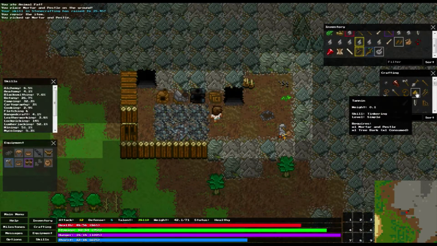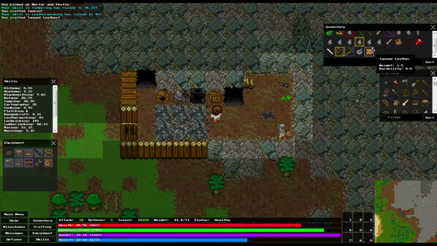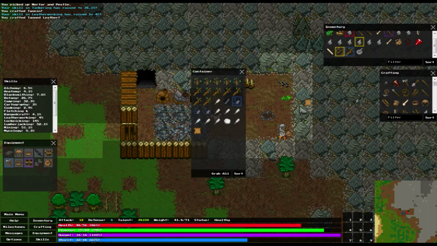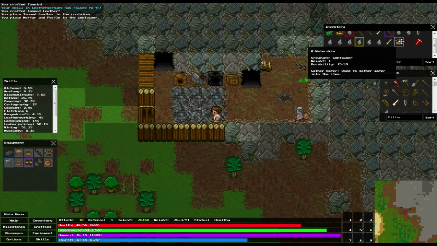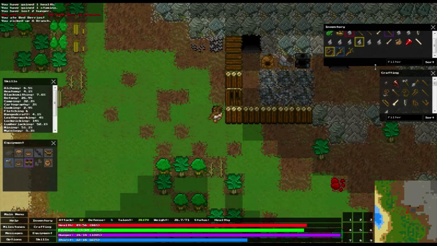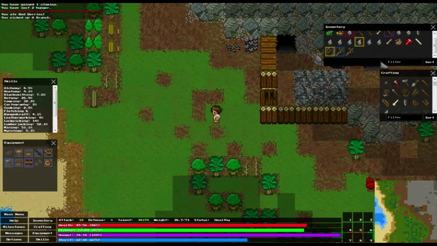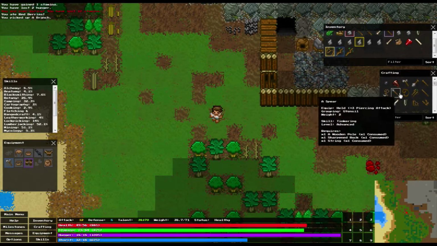Now I can make tannin. And then I can combine the tannin with a leather hide to create tanned leather, which I think is pretty cool. But right now, I didn't mean to eat that. I was at full health, or full hunger. Right now I'm going to start yet another fire because we need,